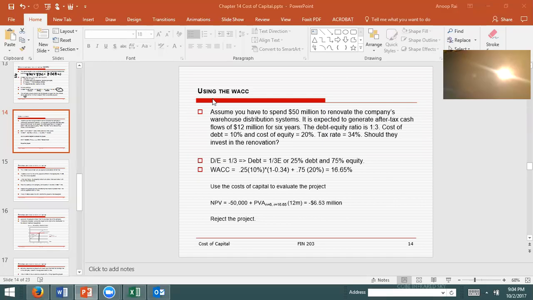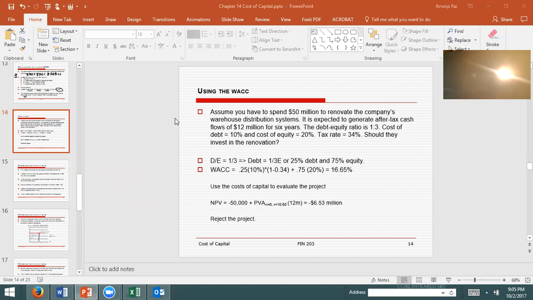So we're going to do now an example of the weighted average cost of capital that's in your textbook. Again, let me just remind people what we're doing: when you have to find a cost of capital, we find out what kind of long-term capital the company borrows, find the cost of each one of them, and then take a weighted average. For example, in this case, assume you have to spend $50 million to renovate the company's